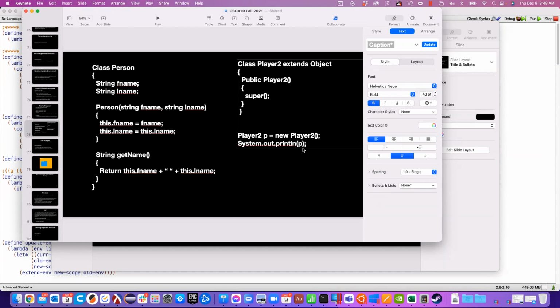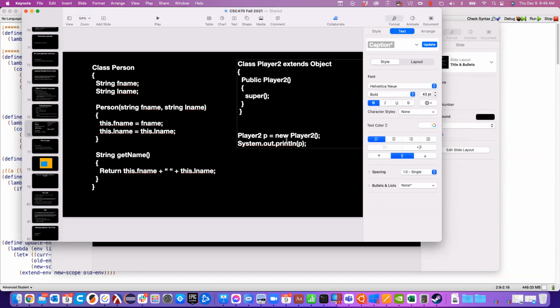All right. So if we have our class player 2 here, right now, these are two separate entities. This is our blueprint that we've defined. Nothing says we ever have to use that, right? It's just defined. Later on, when I actually go and use it to build a player, that's when we're